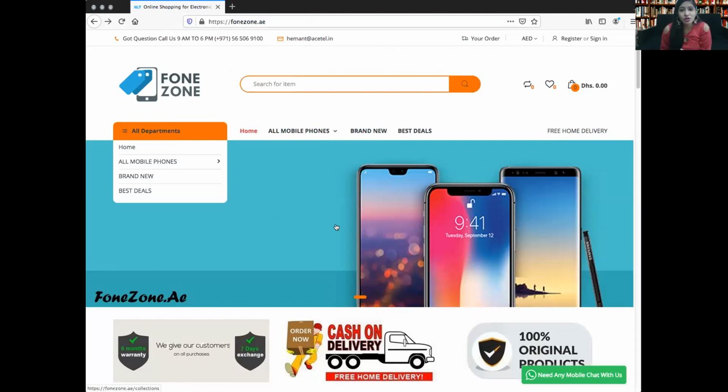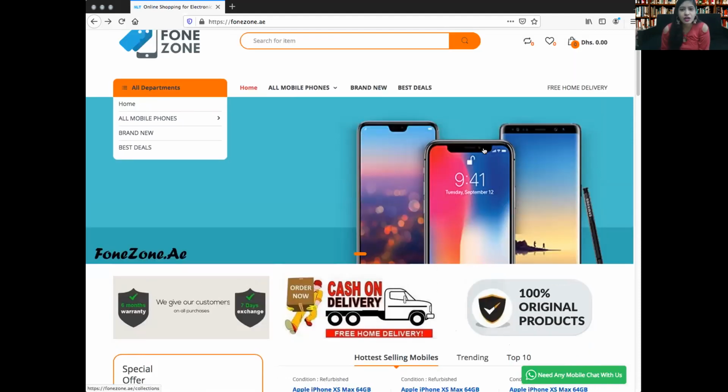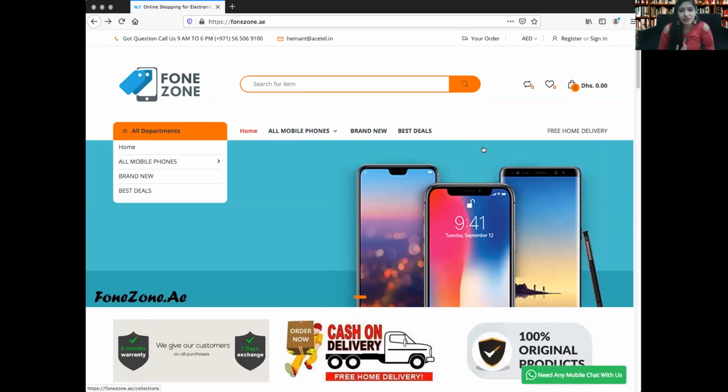As we were talking about refurbished products, we can see that this offers you 6 months warranty and a 7 day exchange policy also. So you can be assured that refurbished products have a 6 months warranty and a 7 day exchange policy. Along with that, you get COD and free shipping written over here. Free shipping means a 48 hours delivery time for most parts of UAE. Within Saudi, it might take up to a week, but most parts of UAE have a 48 hours delivery time.